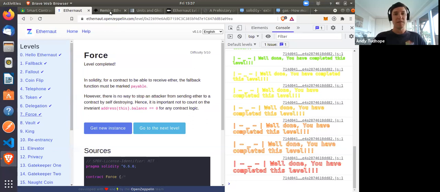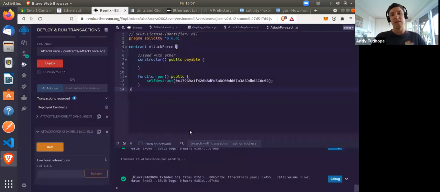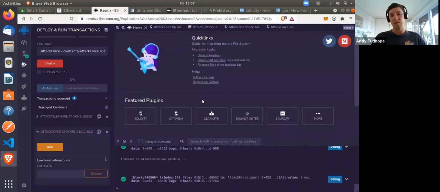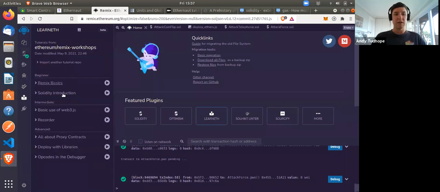Learn ETH, which is probably just the last recommendation that I will show you. If you are really into this, you'll see that there are a whole bunch of featured plugins on the homepage. Learn ETH, amazing stuff. You'll have the basics of this IDE, an introduction to Solidity, the basic use of these JavaScript libraries. If you learn about Web3, you'll know about ethers. There's then some really wonderful stuff about proxy contracts and libraries, which are incredible and really important if you're going to be writing this kind of code, potentially for